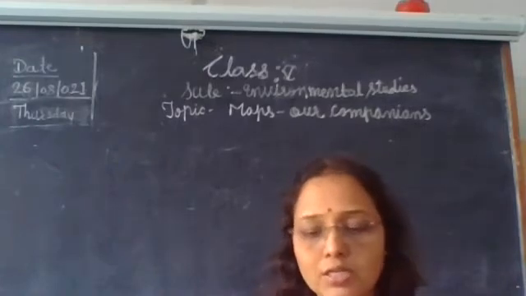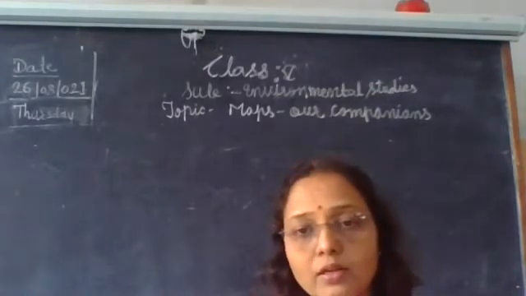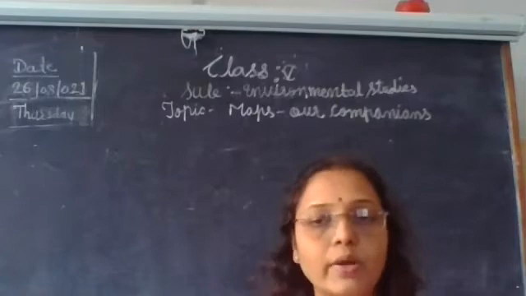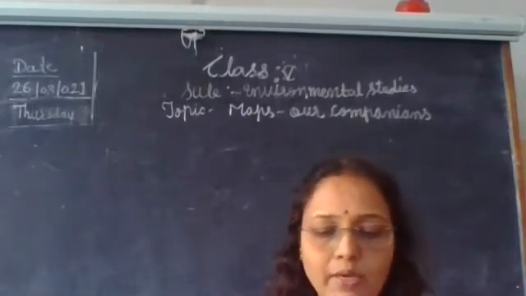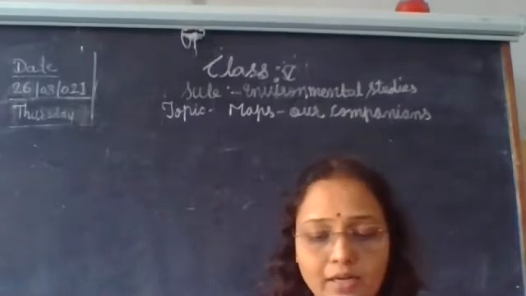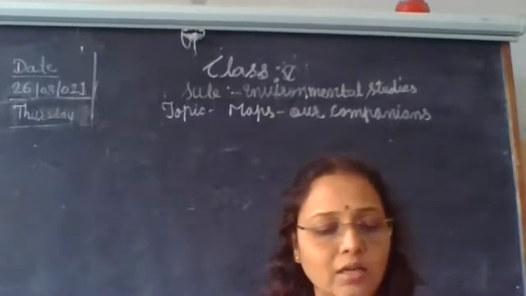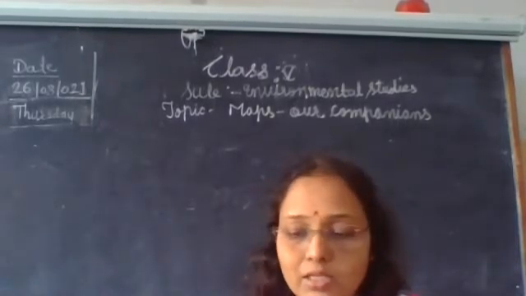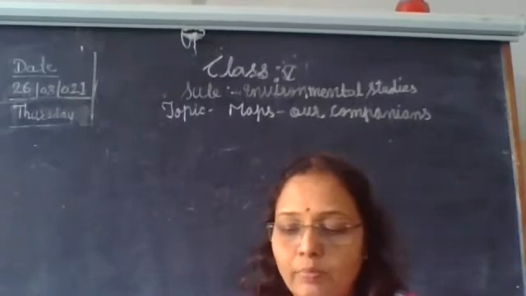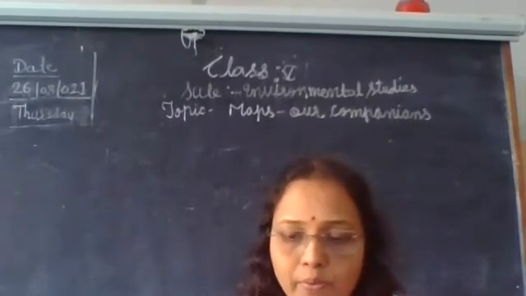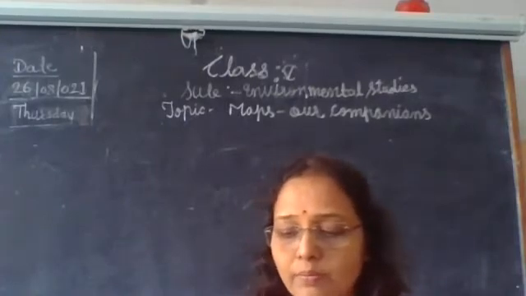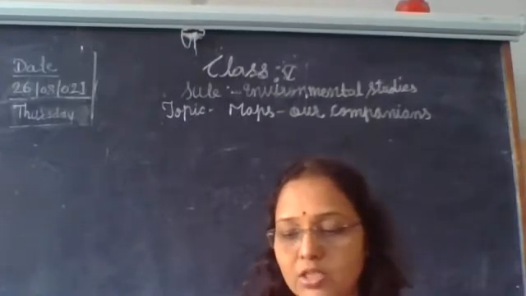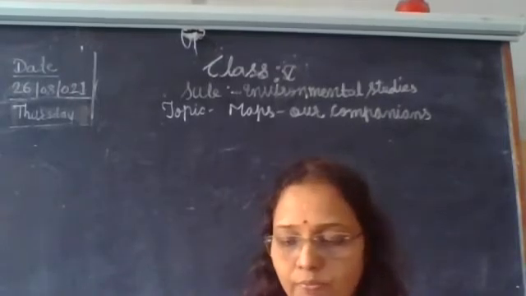So these conventional signs are in the form of letters or geometrical shapes. For example, lines, circles, triangles, and dots are the conventional signs to denote the place on the map. Then conventional symbols are also there. Some symbols are used to show various things on the map as per convention.